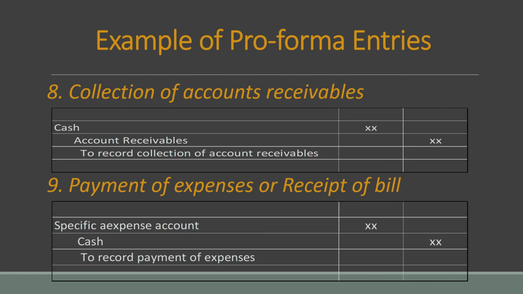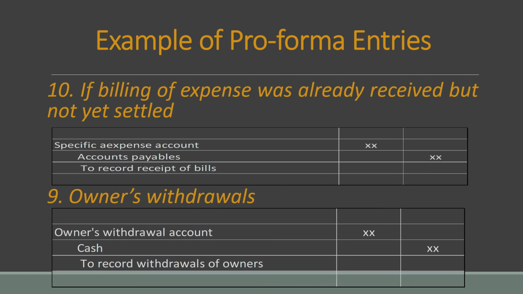And then, kung ang nangyari is receipt of bill, and hindi nyo siya binayaran, iba yung magiging entry nyo. Ang entry nyo, syempre, debit expense, pero hindi na cash yung inyong i-credit. So, ano yung inyong i-credit? Let's see. Kapag nagkaroon ng receipt of bill, or meron kayong bill of expense na natanggap, pero hindi nyo naman sinettle, ito yung magiging entry ninyo. Kung ano yung specific expense na binayaran ninyo, yun yung